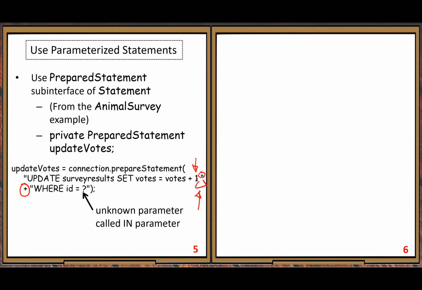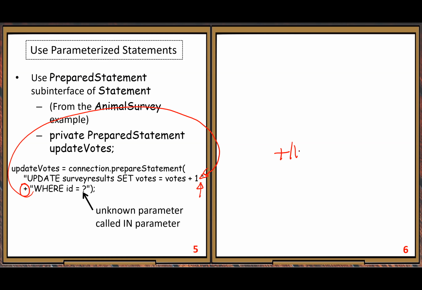Why is it important? Because many of you, if you do not have this experience, may forget this space. If you forget this space, what would happen? Look at the concatenation. This WHERE will be appended directly after the 1. If you don't have the space, you have votes plus 1